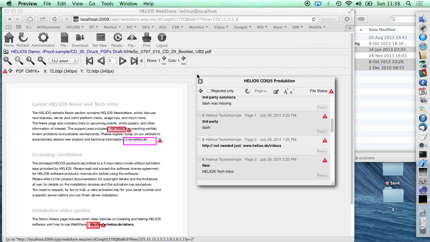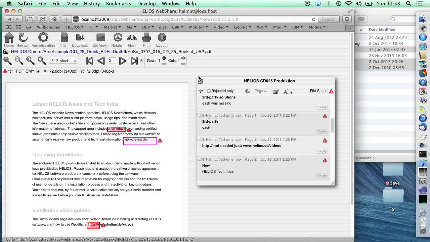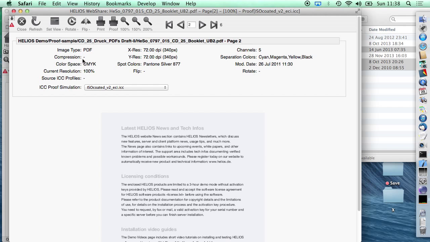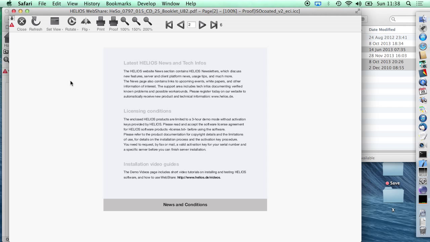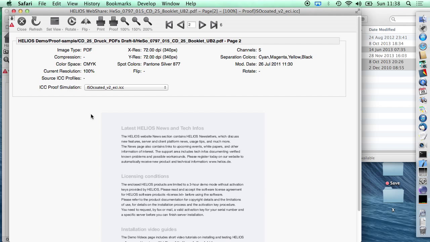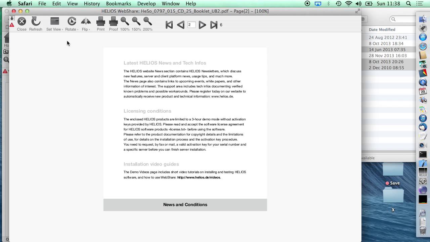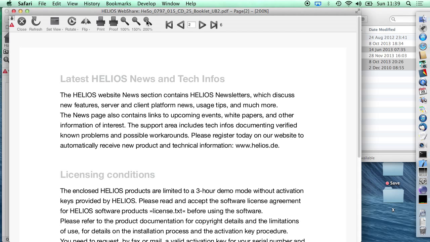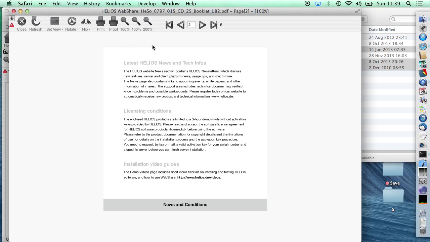Another feature I'd like to show you here, I was in preview mode, but I can also jump into a proof window and hide this image info. And let's turn this without a proofing profile and hide this. So what's very nice, when the monitor size has been specified in the user settings, I can zoom right away into 100, 150 and 200% representation of the zooming factor, and that's very important because for proofing very often you